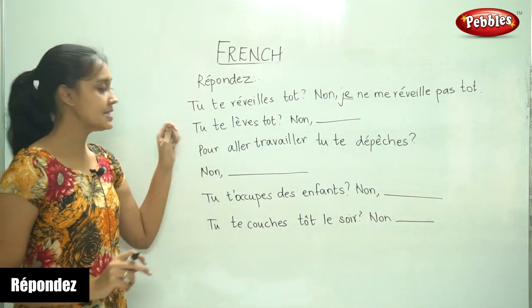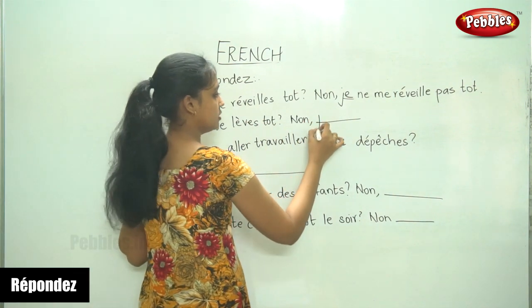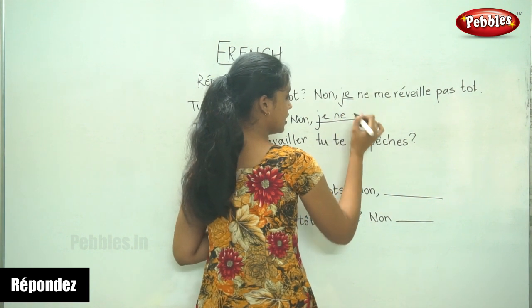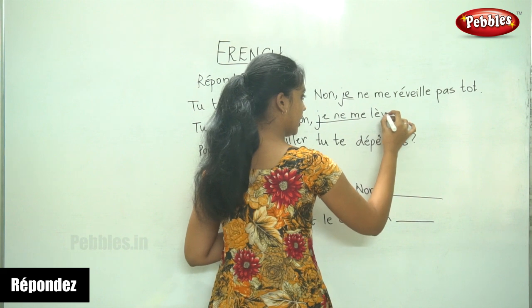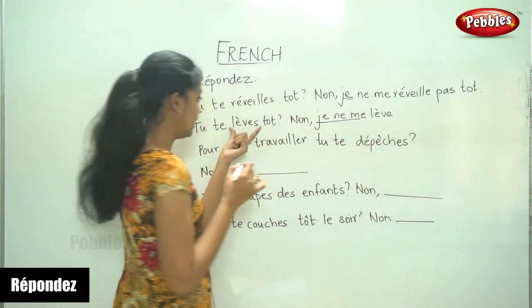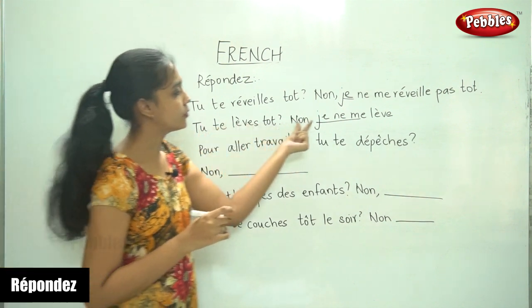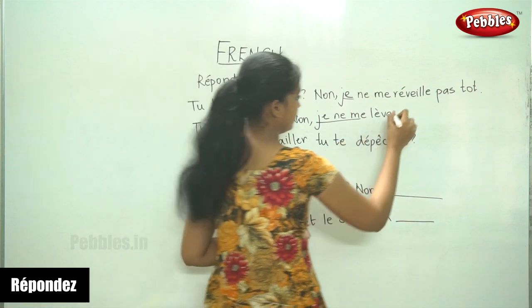Now the next sentence. Tu te lèves tôt? Non. Je ne me lève. Lève, here it is conjugated for tu. For je, we just remove the s. So,